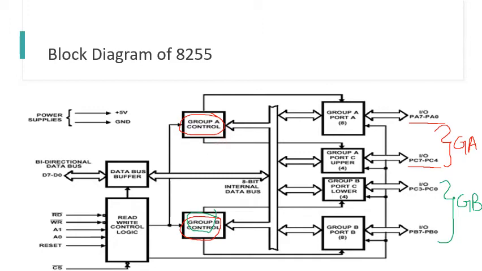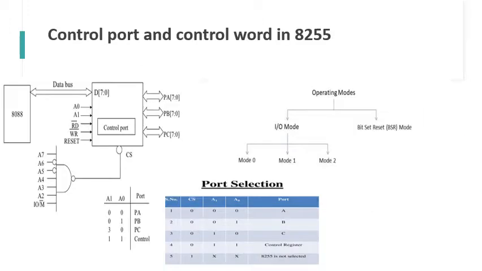These control blocks play a crucial role as they ensure that ports can be used in a number of ways. Hence, 8255 gives a lot of freedom and control to the user, about which you are going to learn in this post. As you would have noticed in the pin diagram, there are no pins for the control port. This is because the control port is not supposed to be used for input or output purposes. This port is used by the microprocessor to give instructions to 8255 about the mode in which it wants to use a specific I/O port.